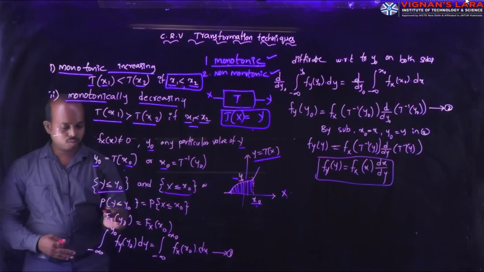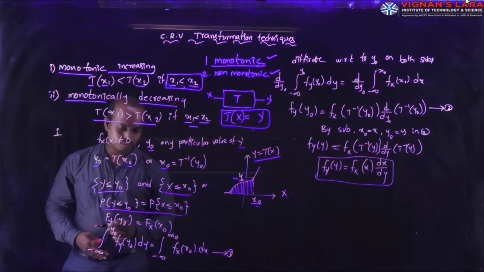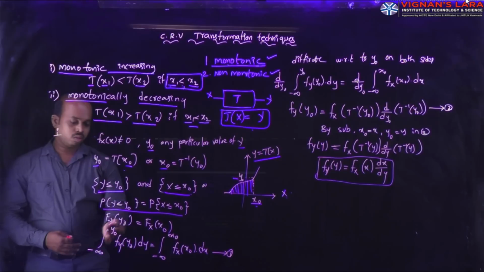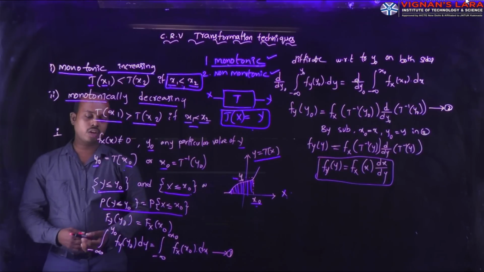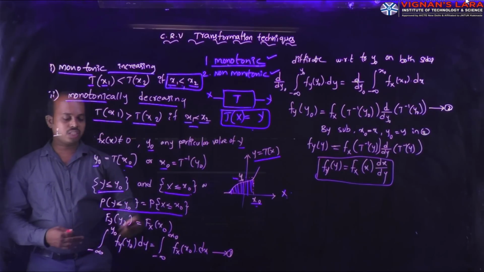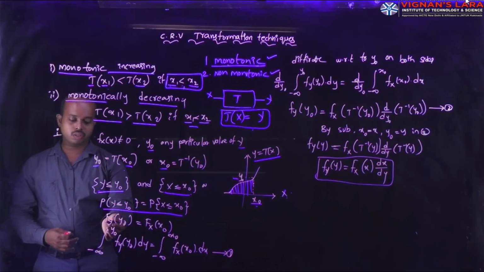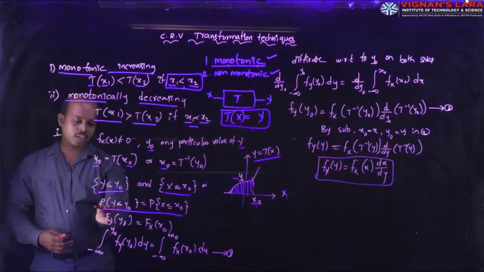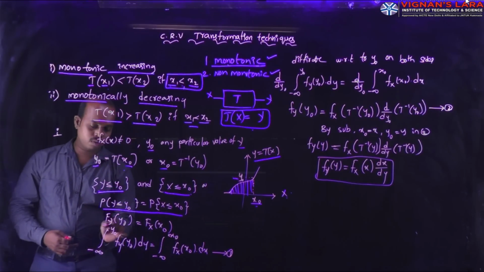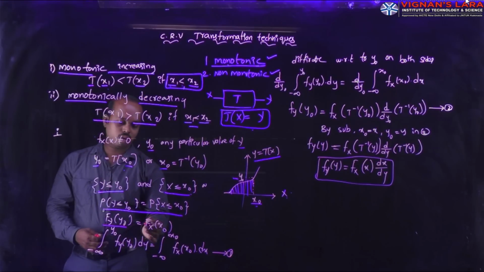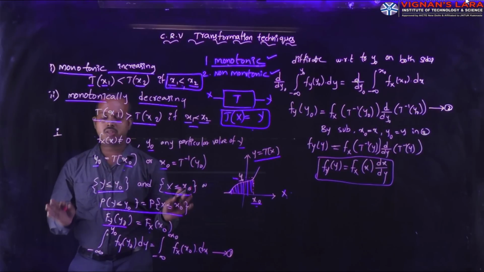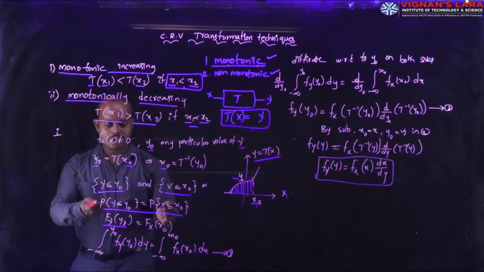The same concept I am writing here. After writing this, you can write the probability of Y less than or equal to y naught is equal to the probability of X less than or equal to x naught. For these quantities, we can write the distribution function as F_Y. Already we know that this is the fundamental definition of the distribution function. Based on that, we can write the notation F_Y of y naught is equal to capital F_X of x naught. Up to now I am not doing anything different. Just I have to write the equal quantities with equal notations.